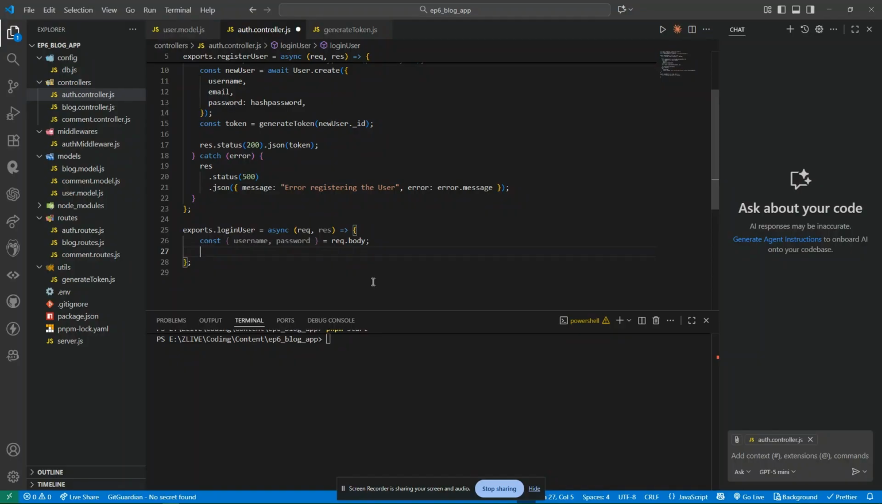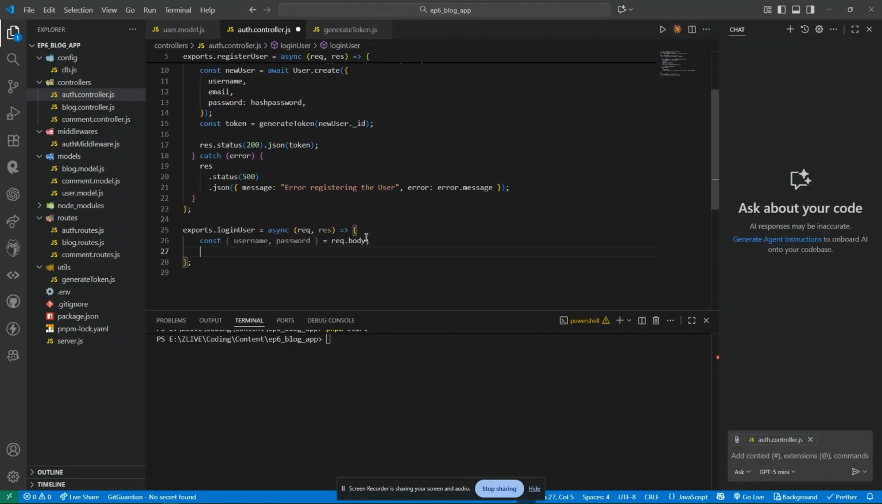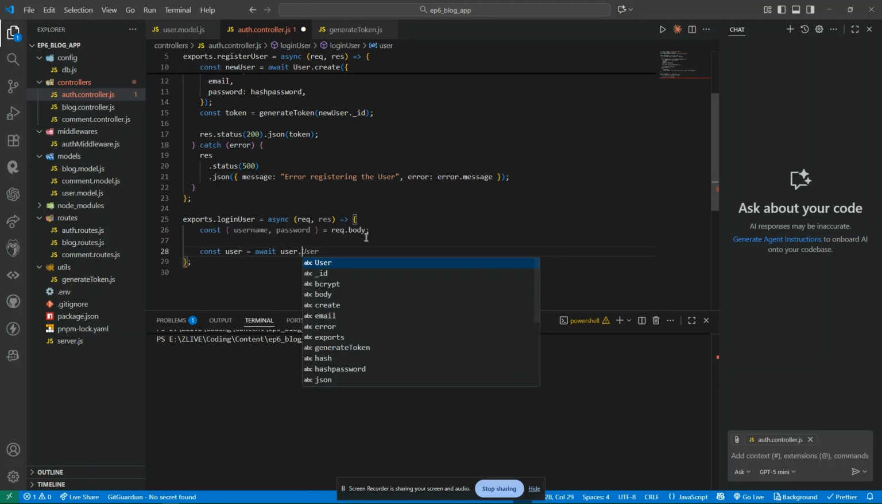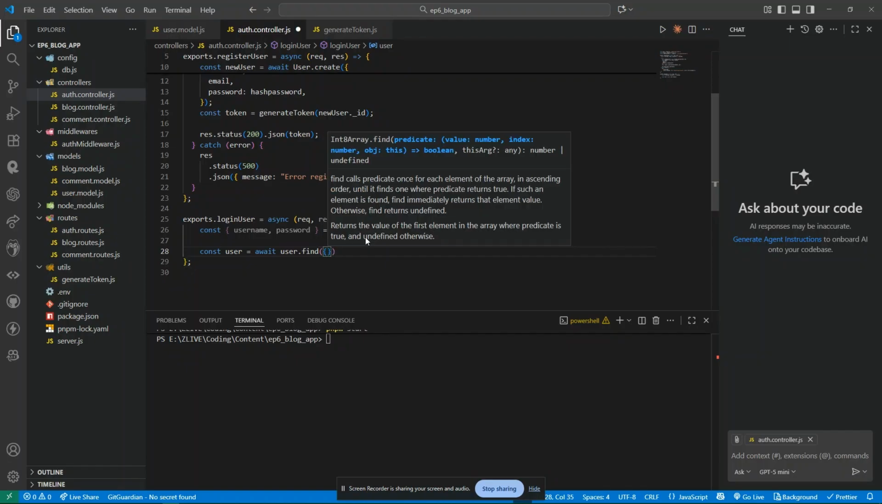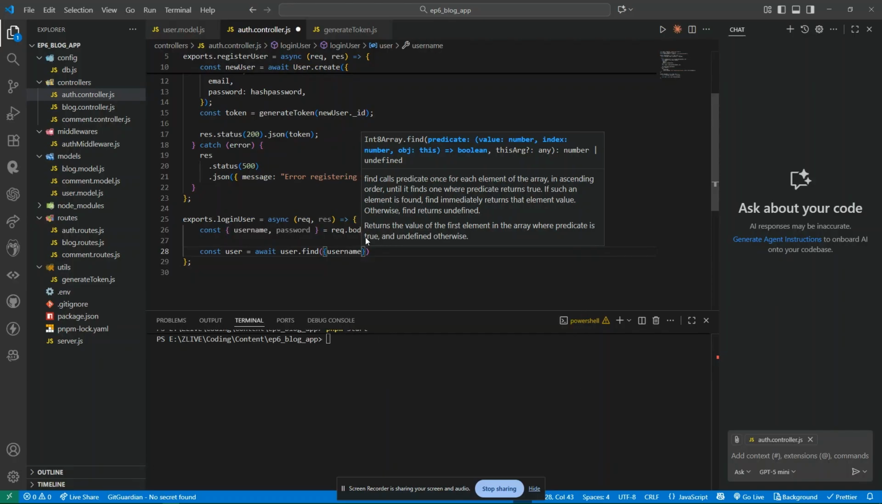And after that we have to do almost the same thing. First of all, we have to check the database to see if the user exists or not. So we say const user equals await User.find, and we say username. We send that username,